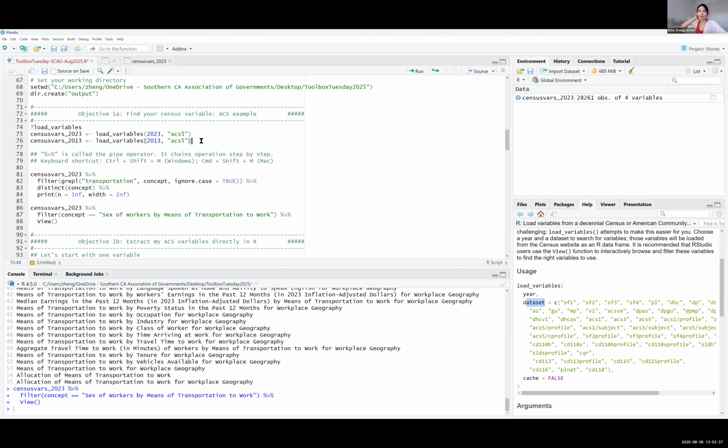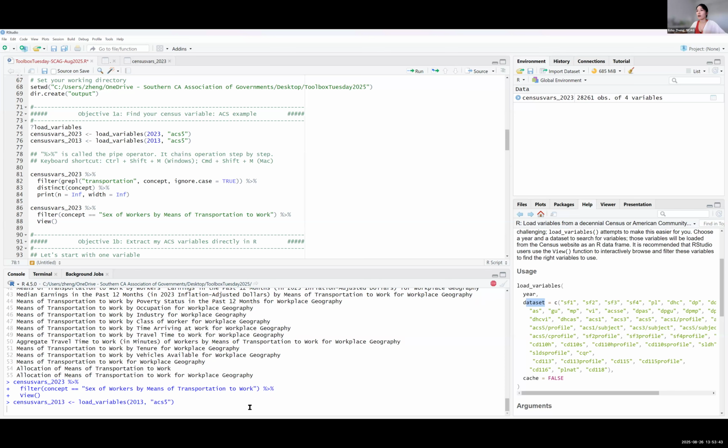And one more thing here is that using the same code, change the year to 2013, run it again, give it 20 seconds. You will get the similar dictionary, the full set of variables for 2013 1-year ACS.